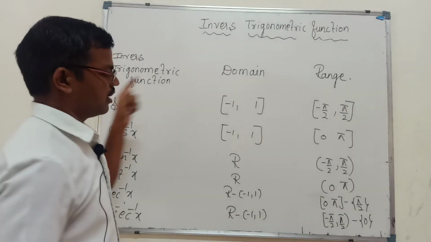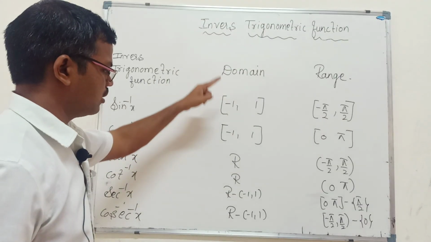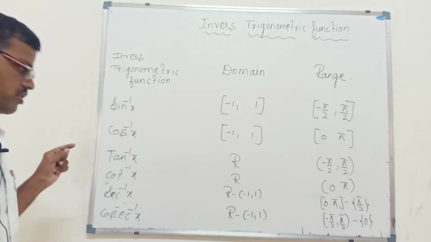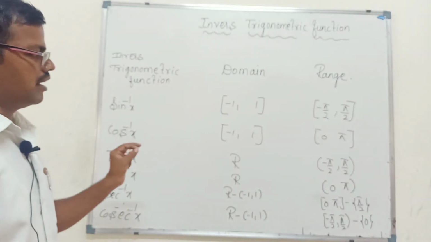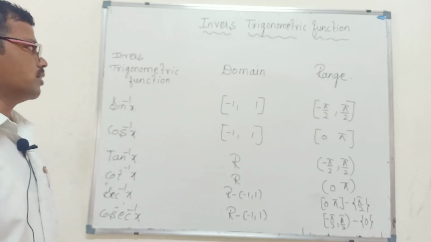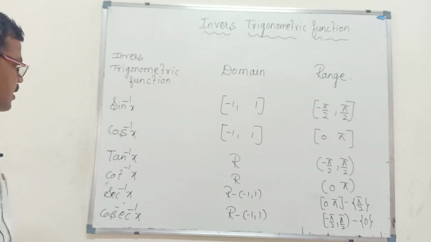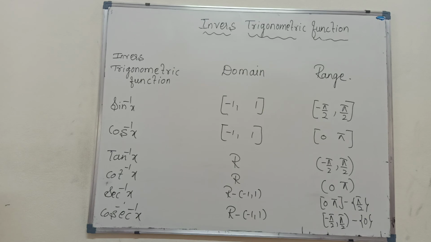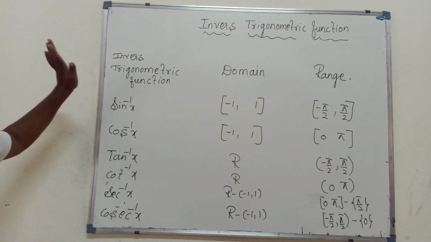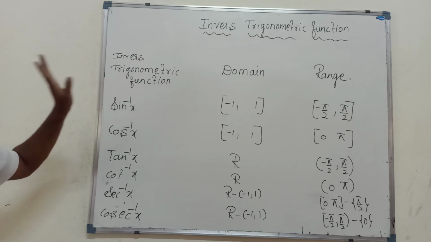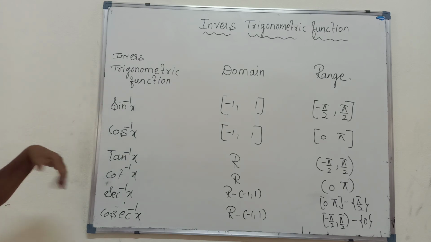So this is the range and domain of all these 6 inverse trigonometric functions. You have to remember all these things, very important for 1 mark questions from this chapter. They will ask what is the domain of sine inverse x, tan inverse x, cos inverse x, or the range may be asked. Let me discuss further about the principal branch, how to find the principal value of the given inverse trigonometric function, in the next video class. Okay, thank you.